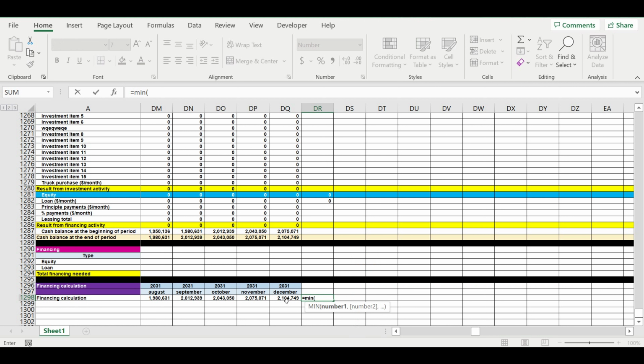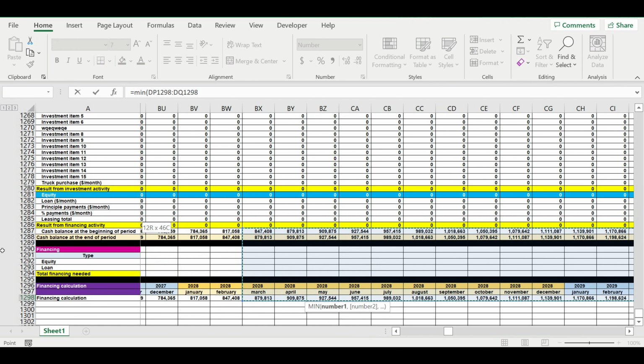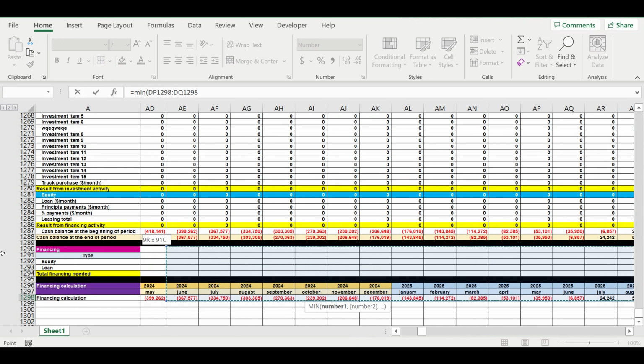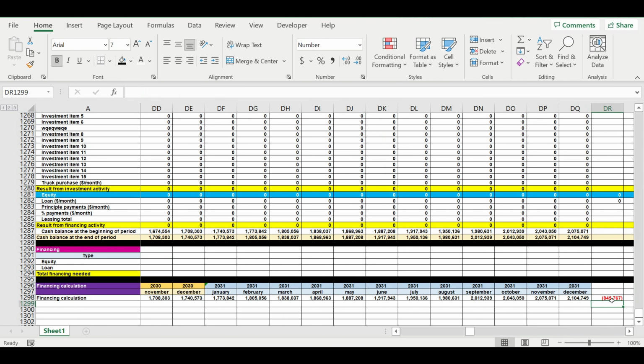So we are using the function min. So we can see here this value, and what we are doing now is we are going to the first